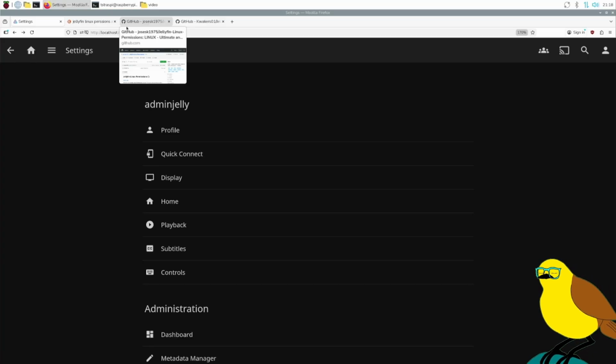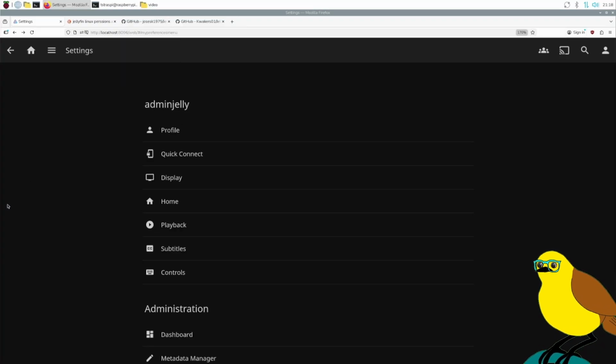Jellyfin. Setting up new user. Managing users. Beginner setup guide. To add a new user, click the plus symbol at the top of the page. This will open a new page where you can